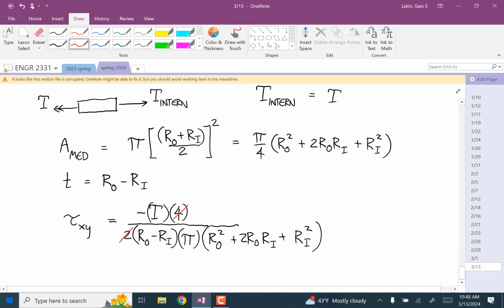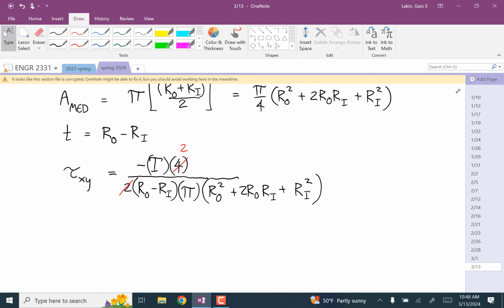This becomes a 2 on top, and let's see if we can simplify this at all. So we have negative 2T over pi times